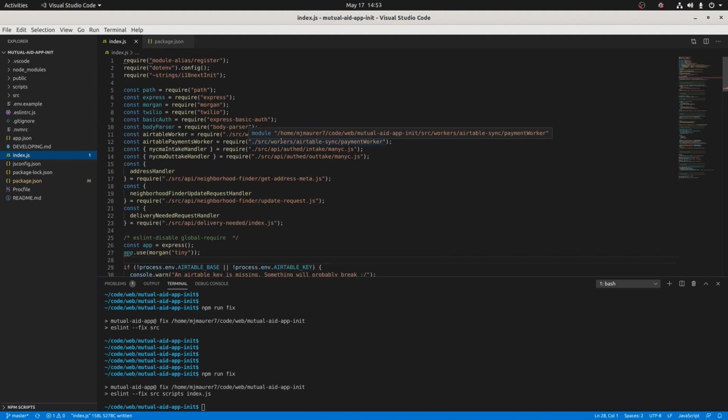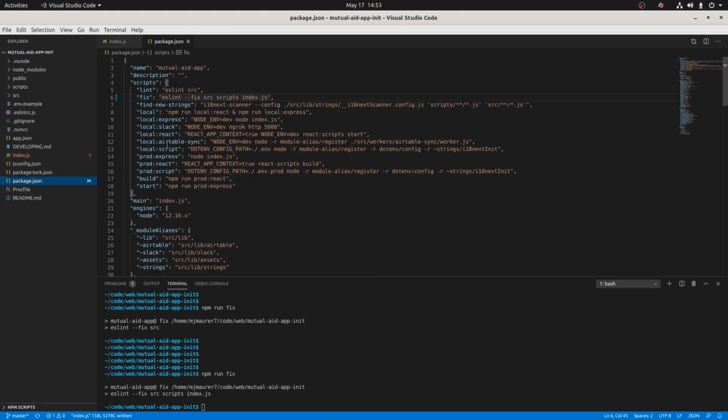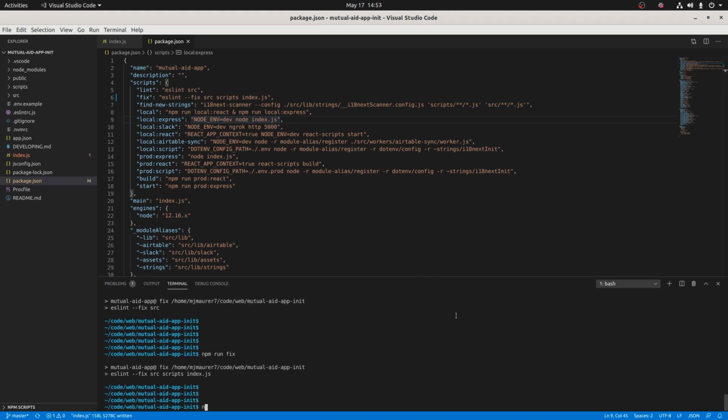If you wanted to run it, again, we look in package.json and we find npm run local. If you look for index.js, you can find it here, and it's called Express because that is the name of the server package that we use in our app. There's a couple different, but Express is a really common one. And if you run local express, which we're going to do, npm run local express,